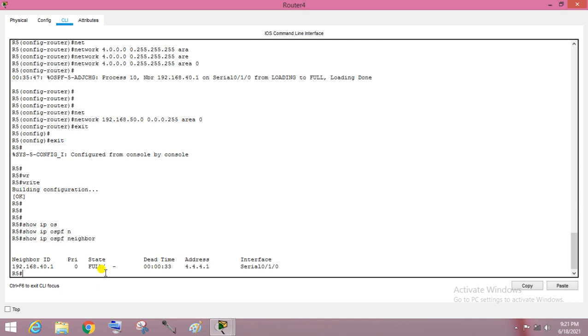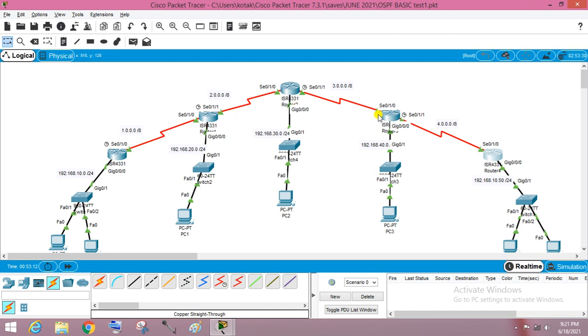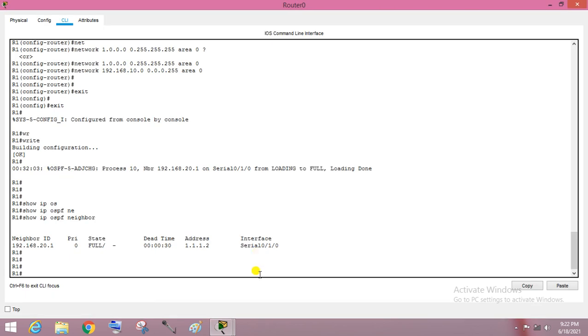full. So the OSPF process happens in 7 stages, and the last stage is that when it is in full state, then we select the best path. Currently there is only one path here, so there is no issue, but we have to check whether this router is pinging or not. So first you check the neighborship, then the second step is to check the route.